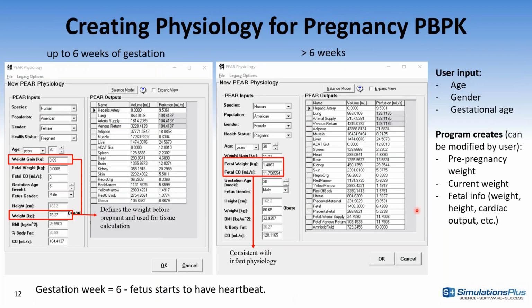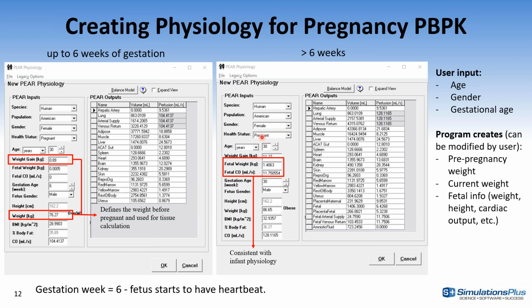When it comes to creating these physiologies, it is as simple as creating any other physiology in our module. When you set your physiology to female, under health status, you will have an option to select pregnant female.